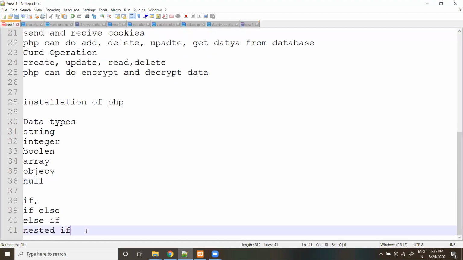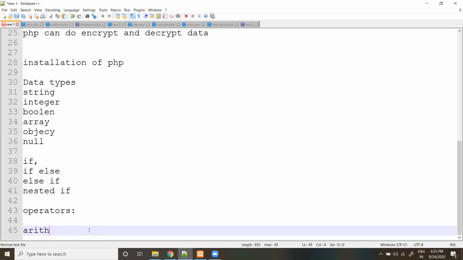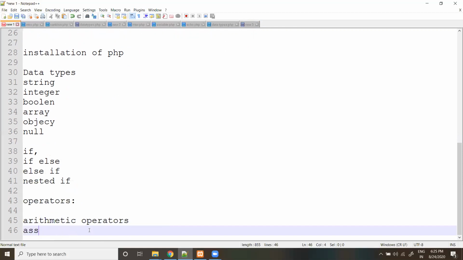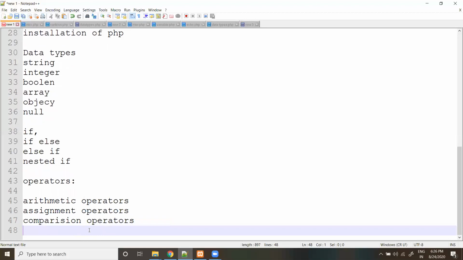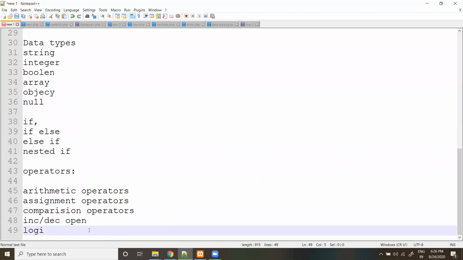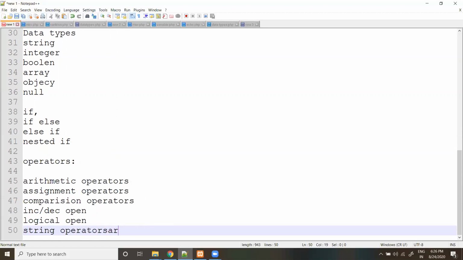We have operators like arithmetic operators, logical operators, string operators, array operators.